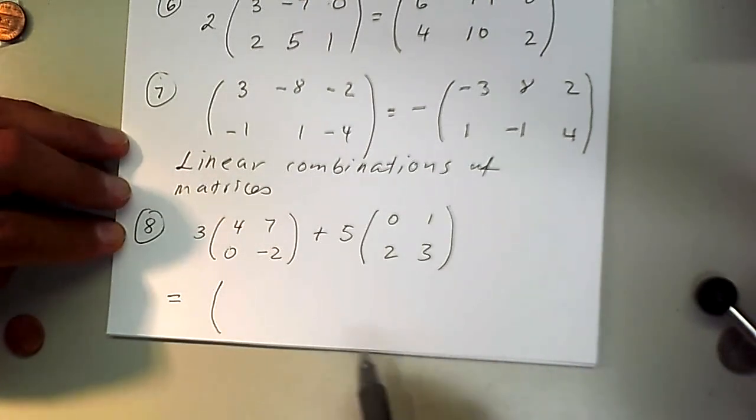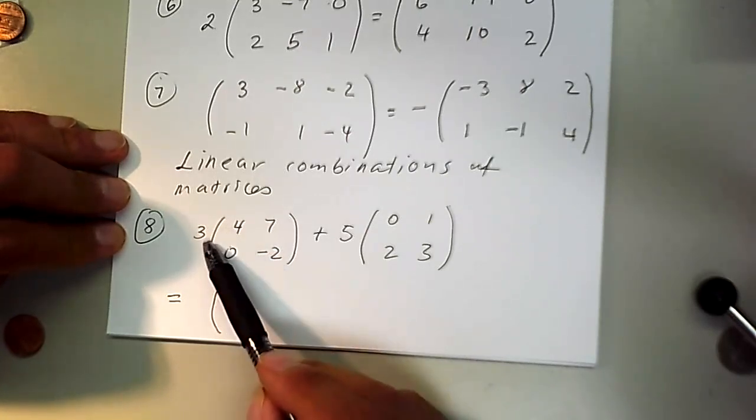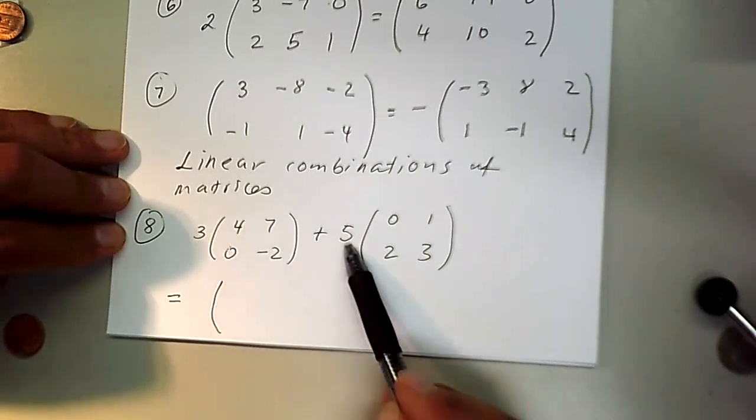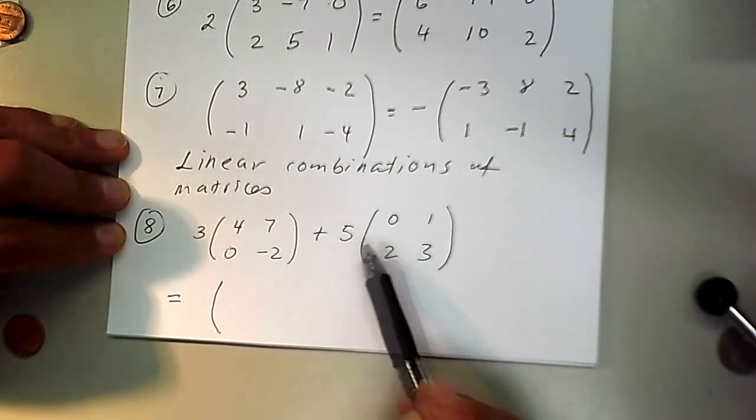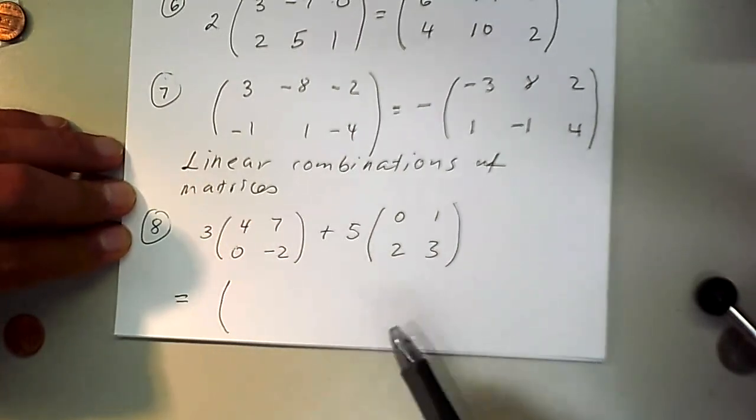So I'm going to violate that rule. I'm going to not be too careful and do 2 steps, actually 3 steps in one. I'm going to multiply with a 3. I'm going to multiply this matrix with a 5, and I'm going to add all together at once. Don't do that in assessments because